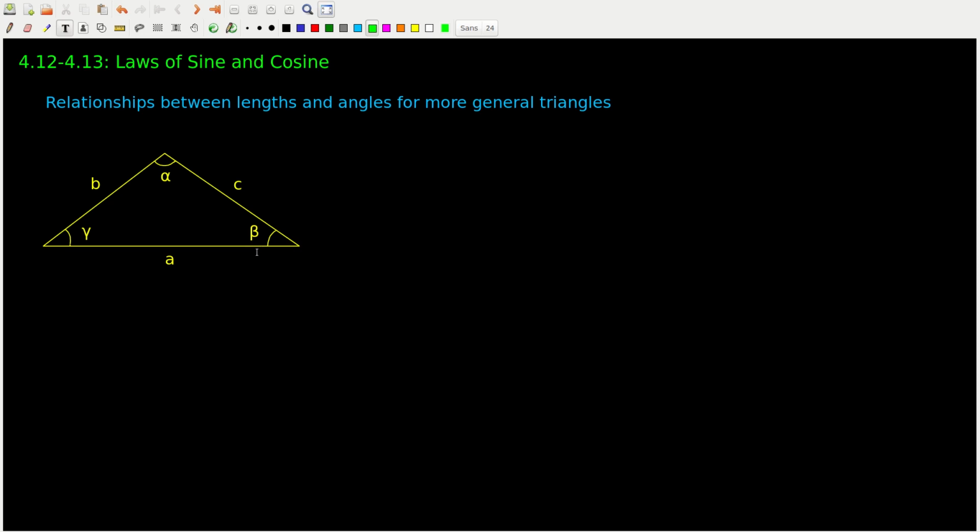triangles. So we can do that by just dropping a diagonal in here and creating some right triangles. We can see now we've got two right triangles inside this bigger triangle, and I'm going to call this length here h, and we can apply the ideas of SOHCAHTOA to our angles gamma and beta. The sine of beta is going to be the opposite over the hypotenuse, which is h over c. And the sine of gamma is going to be the opposite over the hypotenuse, which is h over b in